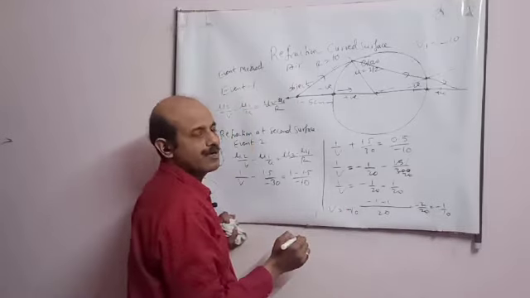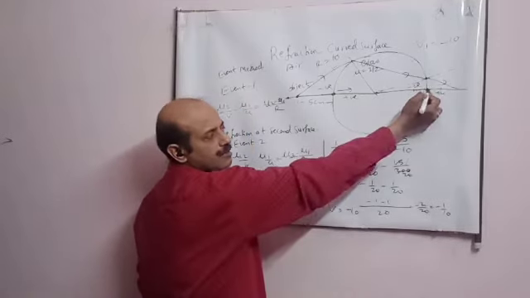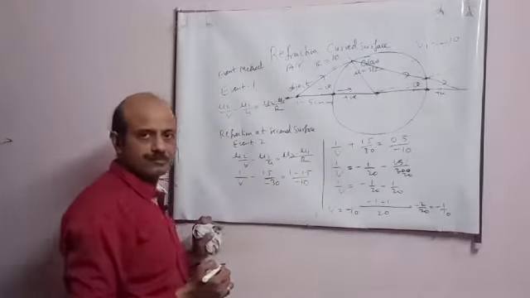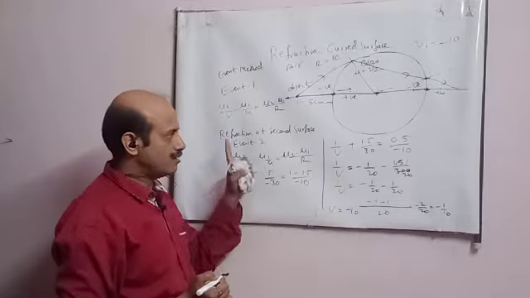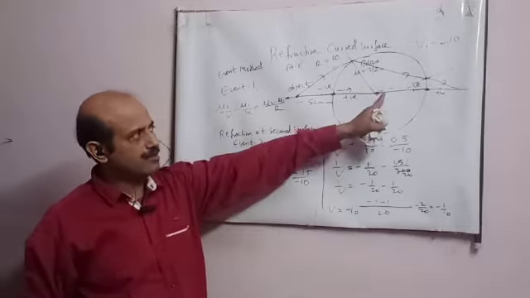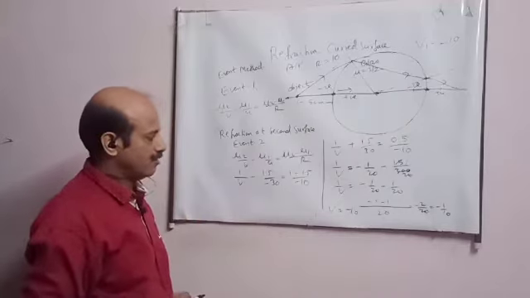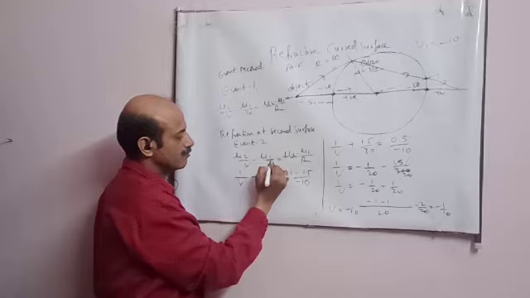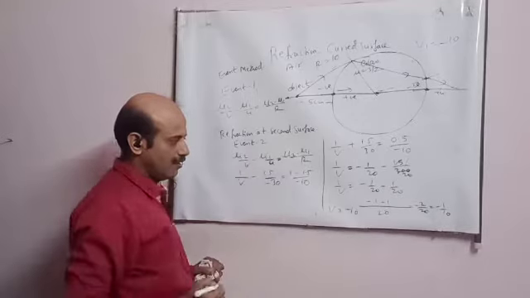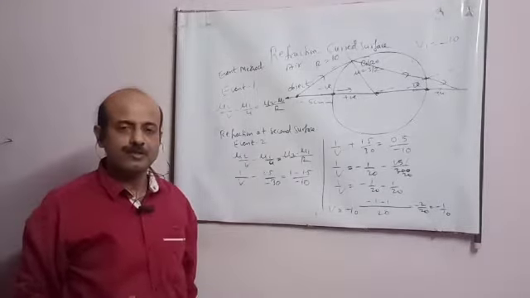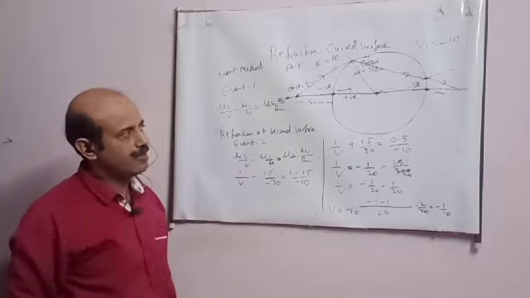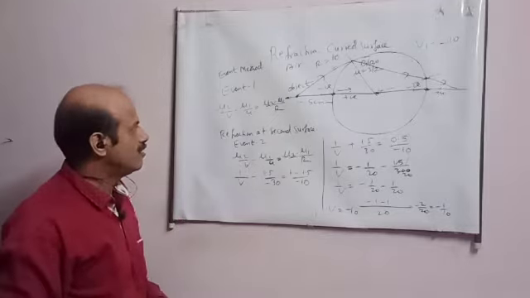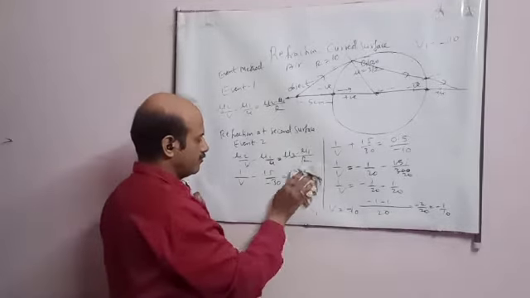So what is the meaning of minus 10? Means from here, this side, somewhere at the center, the image is formed. In this case, as per the data we have taken, the image will be formed at the center. This is the meaning of minus 10, student. So like this, by the help of the event method, you can solve any numerical of this category. Now let's see another question, student.